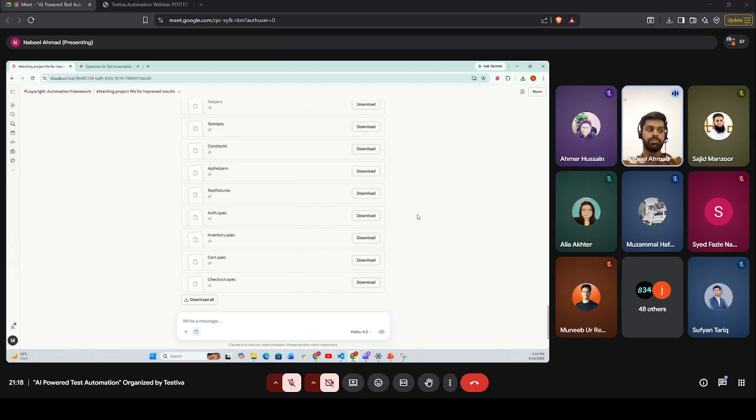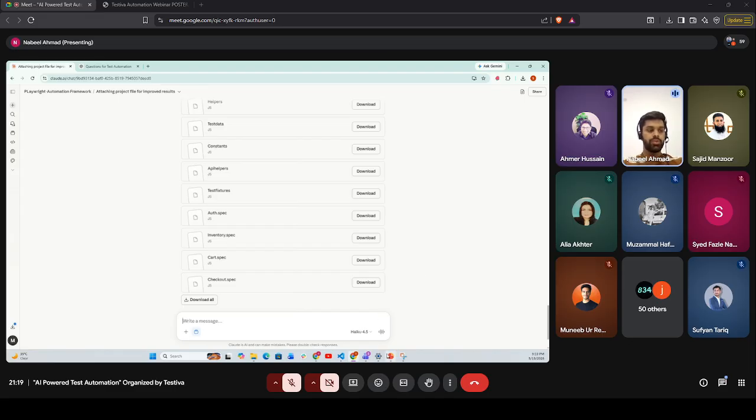GPT will give us a better prompt that Claude uses to give us a better automation framework. But if we try to execute these tests as they are, we will have to debug and fix the test cases, and it will roughly take 4 to 5 hours if we try to fix this just by giving a screenshot of the error or the line that is causing the error. So that's helpful just for the automation creation.